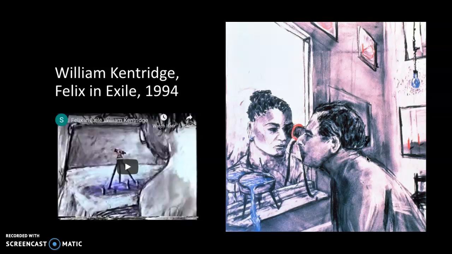So in Felix in Exile, this is 40 drawings where we meet Nandi, an African woman who appears at the beginning of the film, and she's making landscape drawings, and she's watching these African bodies appear on the land with bleeding wounds that then melt into the landscape. Now keep in mind, this is